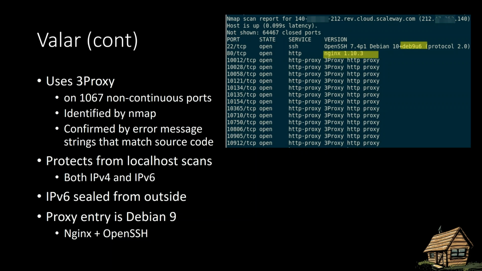I saw it in the past used by malicious operations, but it could be used by legitimate actors too. They protected localhost scans, so the only one to do so. And IPv6 was sealed from outside, so no way I could scan either through the tunnel or outside of the tunnel the IPv6 address. And the proxy's entry point was Debian 9 because we were able to fingerprint Nginx version